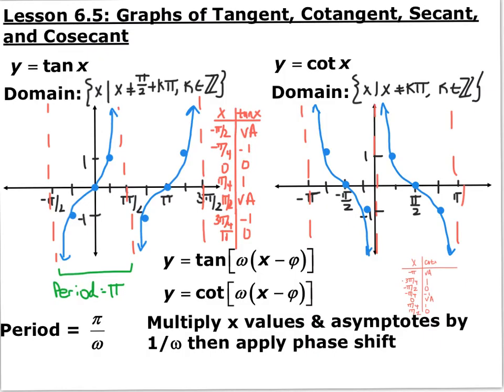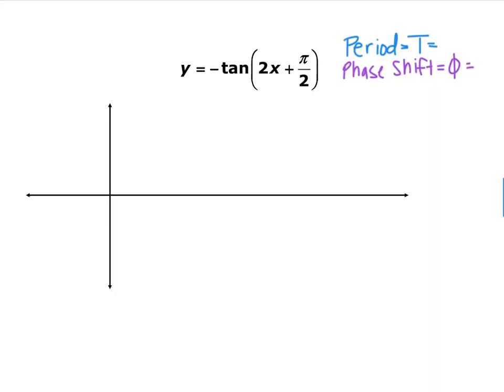So if we graph it, you end up with a 1, 0, negative 1, and then it continues to repeat the same thing every pi distance. Again, your period for a cotangent is also pi. So now go ahead and graph this tangent function, y equals negative tangent of 2x plus pi over 2, using